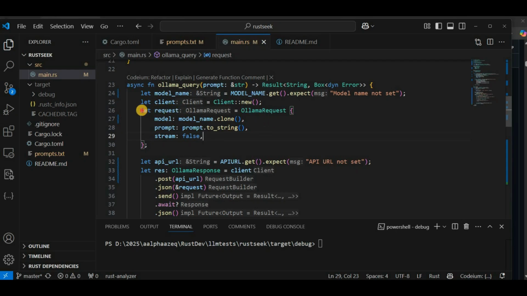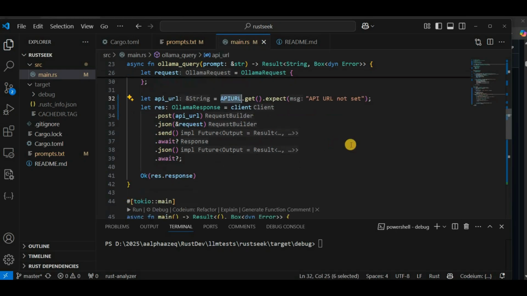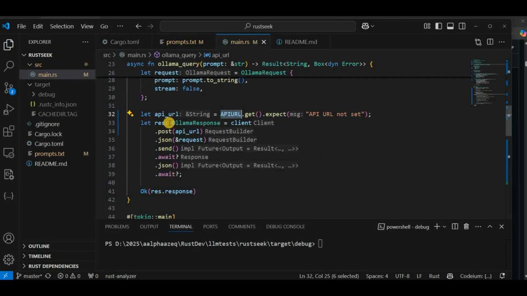This struct is going to be converted to JSON. So I'm just specifying my model, prompt, and mentioning my stream as false, and here I'm creating another variable that is taking its value from my API URL, that is a global static variable that we set from the command line. Then we send the